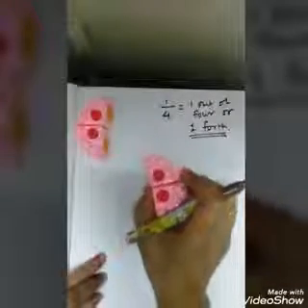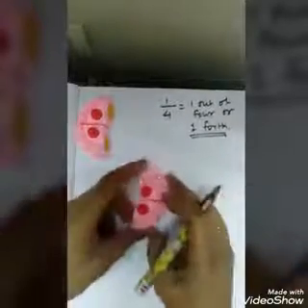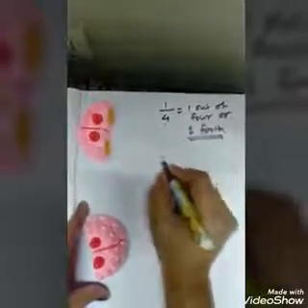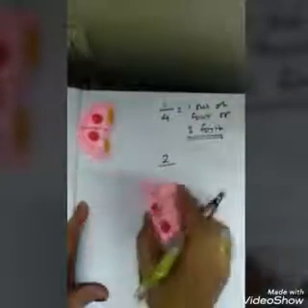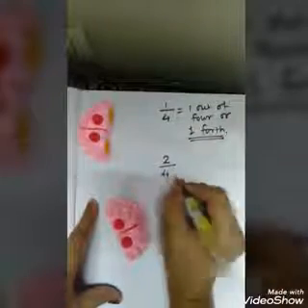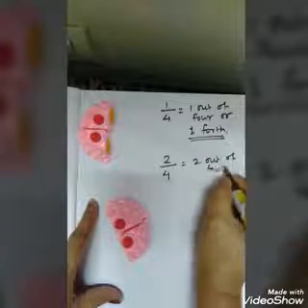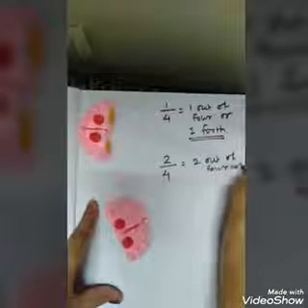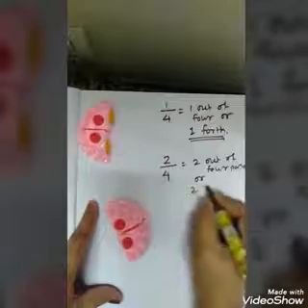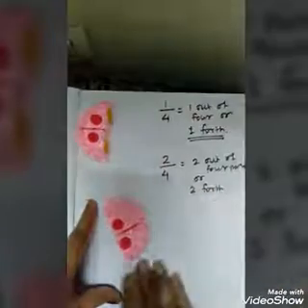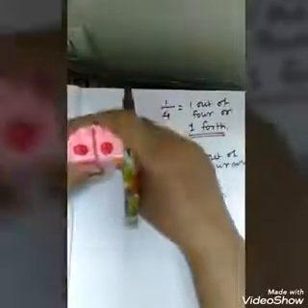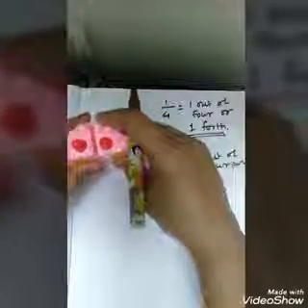Suppose I have shared 2 parts out of 4 equal parts. Then how do we write this? Meaning, how much part have I given to another member? Yes, 2 out of 4 parts, or 2/4 part. See here, if we overlap these 2 parts, then they are exactly the same.